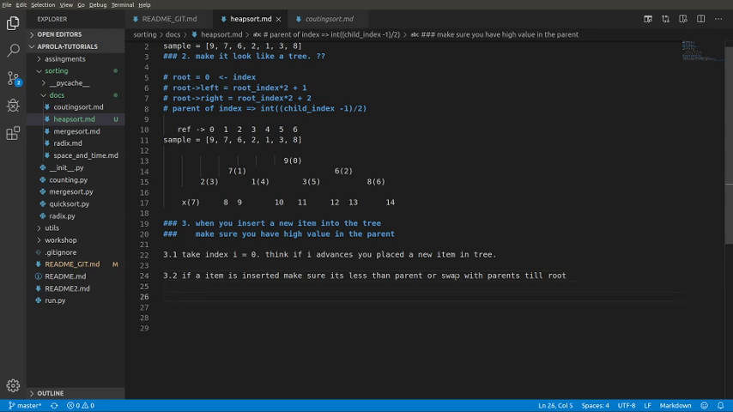So how do we make sure? Like, let's make a function for this guy. Okay, and then after that max heap is constructed,